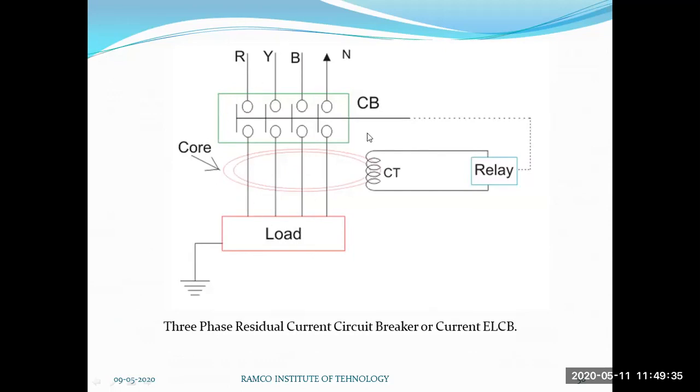The same principle is applied for a three-phase system. Whenever there is a difference in current between a phase and a neutral wire, that difference in amount also flows into the earth. So the load or domestic appliance we are using is under fault condition. The difference in current will produce an MMF, which will activate your transformer. The transformer will send a signal to your relay, so the relay will be activated. That relay will trip and then it will protect your load from the fault condition.